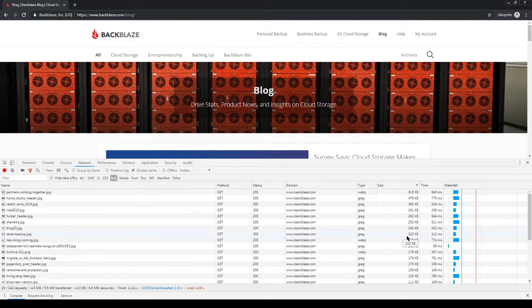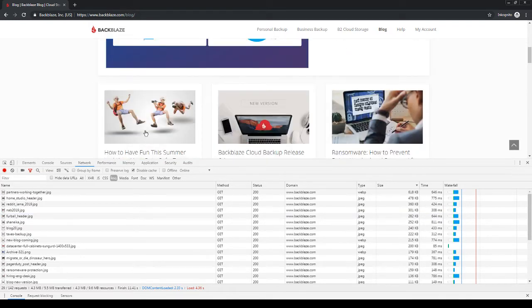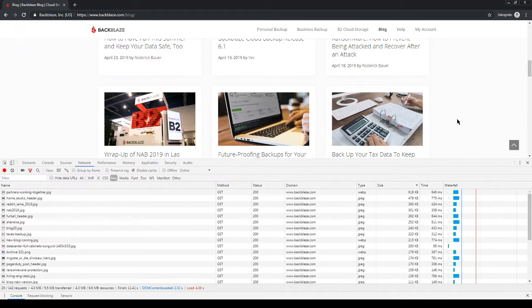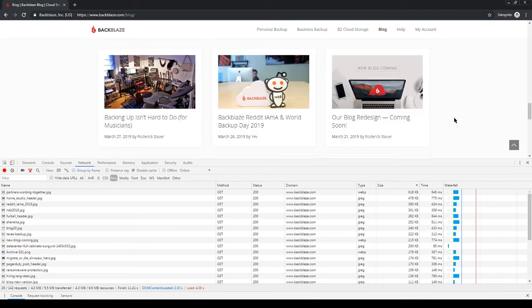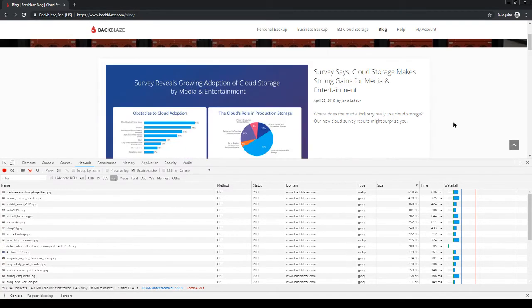It's, I don't know, it's more than I expected, and this is probably because each of these pictures that are incorporated in the posts are loaded without lazy load. So they are going to be loaded as soon as the web page is requested by the browser, which is a waste